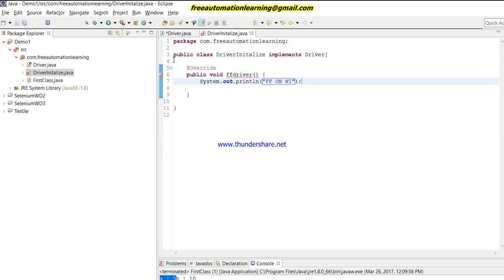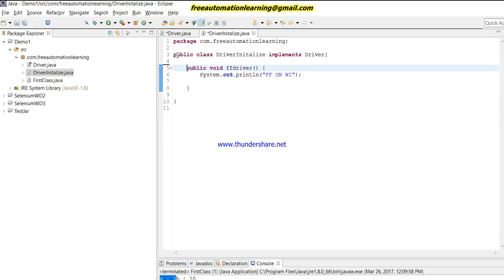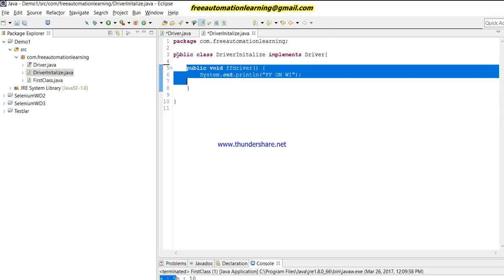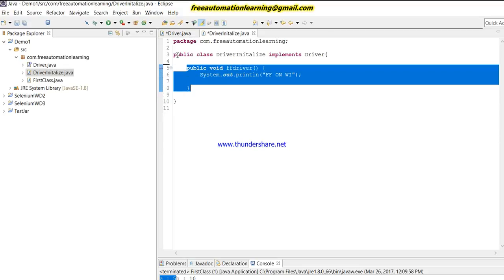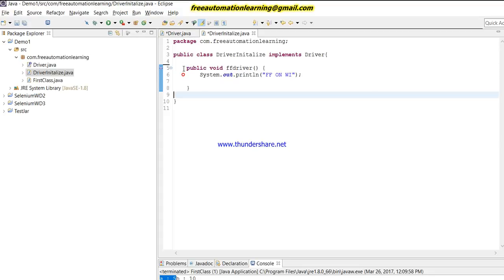So here we have to give... Now we have implemented this method as System.out.println with ff on window,